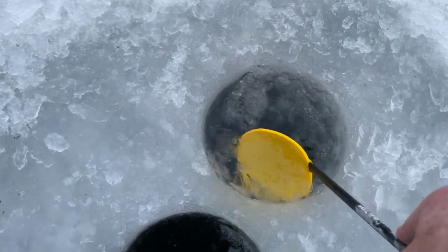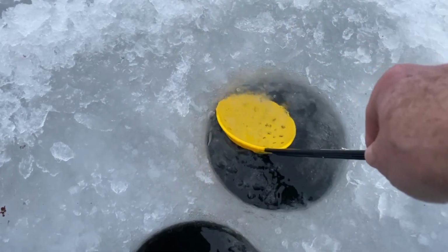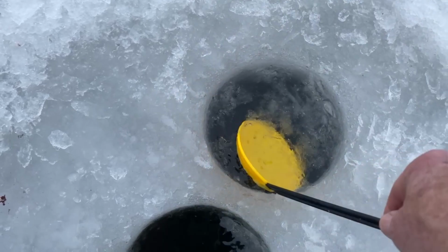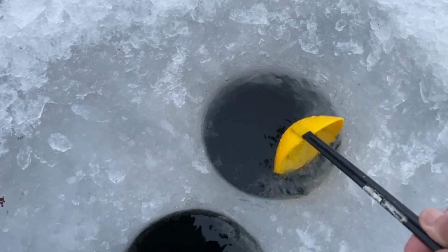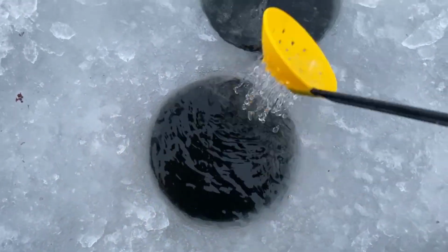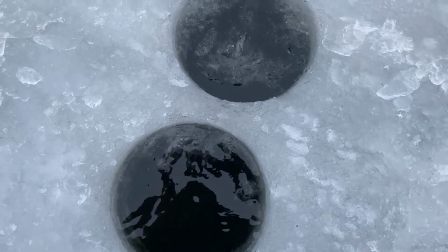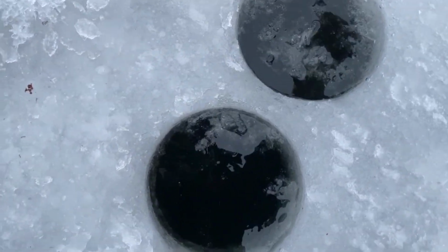It really helps to have a ladle. You know, when I was younger, I used to use my bare hands. And I think back now, not so smart. So this is probably going to ice up, but I'd like to get my holes somewhat clean to start off with. And I try to move the ice that's adjacent, especially the jagged ice that's close to the edge,